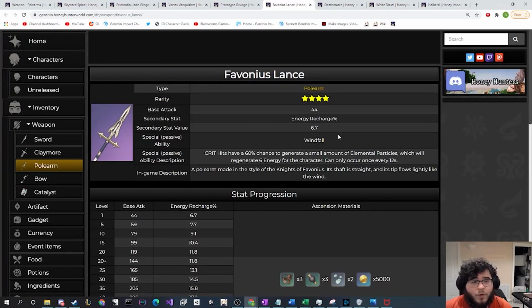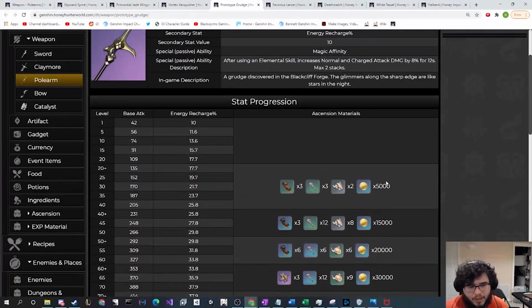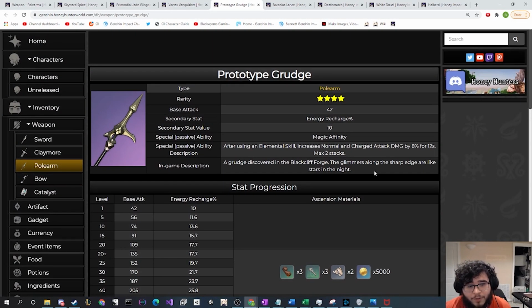I don't think it's the best 4-star option. To me, the best 4-star option is the Prototype Grudge. Yes, the free-to-play craftable weapon. I think it is by far one of the best weapons for him. That's because it gives that energy recharge that we talked about. I think that energy recharge is going to be really good to make sure he has his burst up as often as possible. But additionally, its ability is after using an elemental skill, increase normal and charge attack damage by